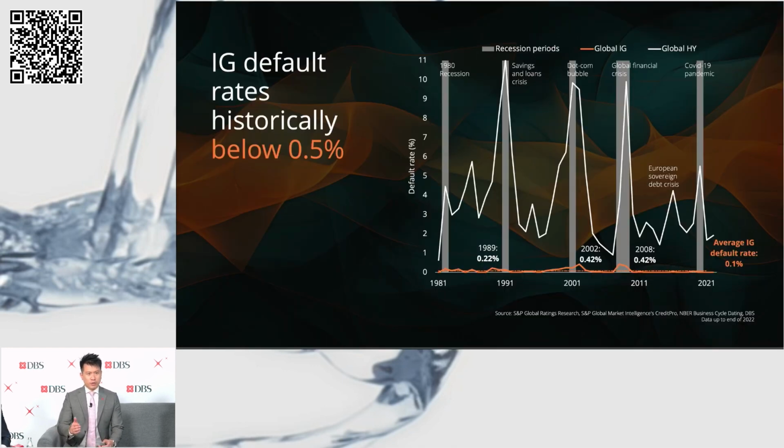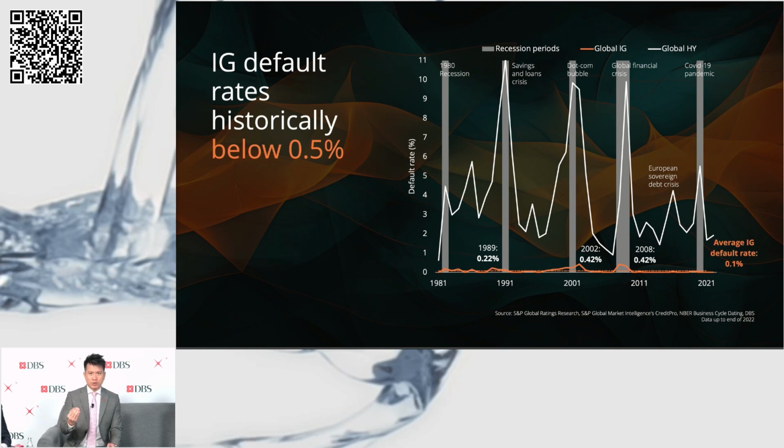Next, we talked about duration risk. Now we want to talk about credit risk. Why do we prefer investment grade in the single A, triple B space? Again, this is simply because of their low default rates, as represented in this chart by that orange line just above the x-axis. Today, if you read the papers, if you read the news, there's a lot of recessionary fears. And recessions generally lead to a pickup in high yield default rates.